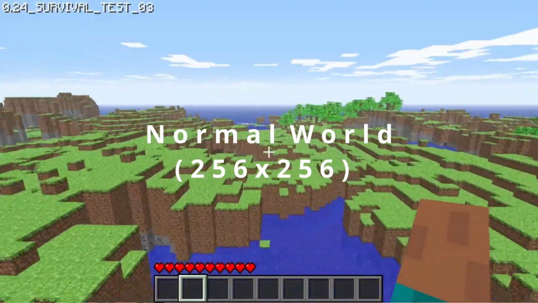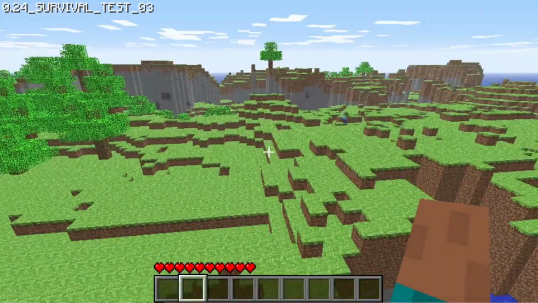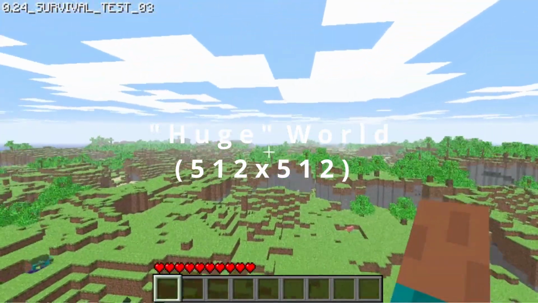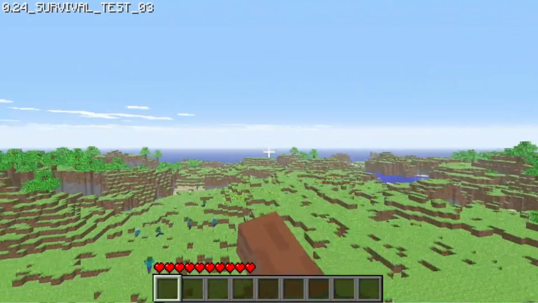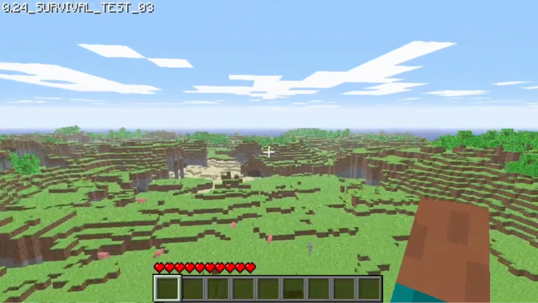We have a normal world where you could still pretty much see the ocean all around, but we've got a bit more space to work with. And then we have a huge world where you can barely make the ocean out in the distance pretty much on all four sides. Here, I mean, we're closer to the ocean on this side, but still, you can see the difference in the